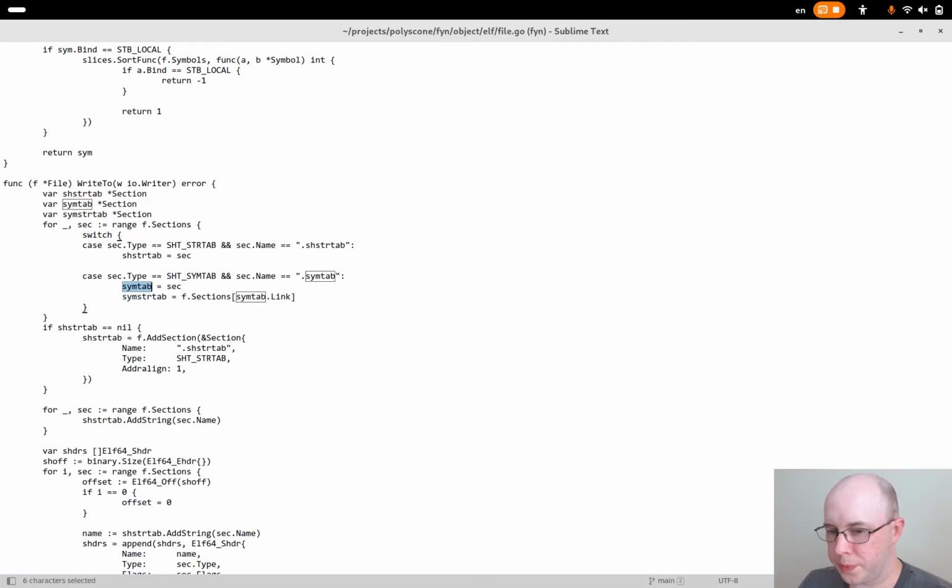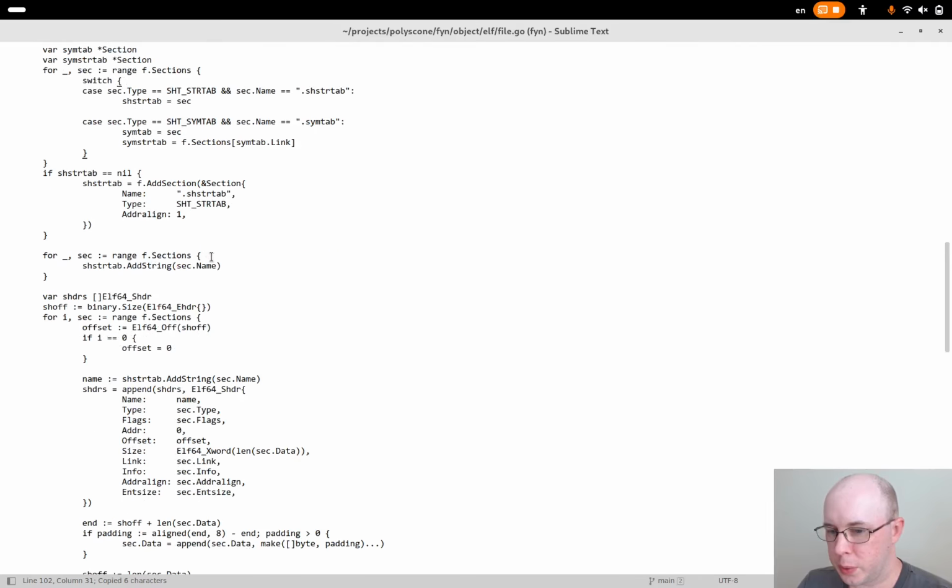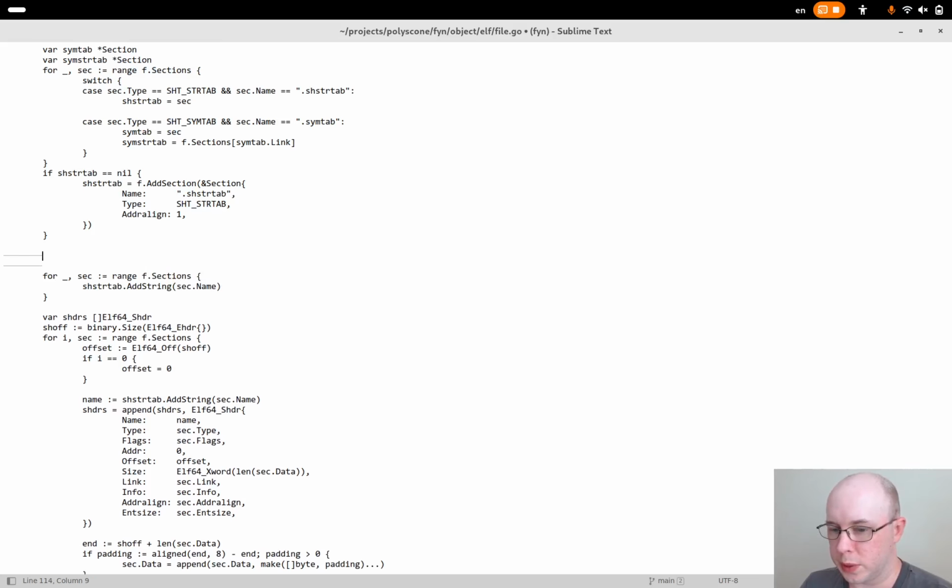Okay, so we need to add section names after we've done all of the section creation. So when we loop over all of the symbols that are in the file, we should do that before we add strings for the section header strings. So this will be that if f.symbols has, if there's more than one,